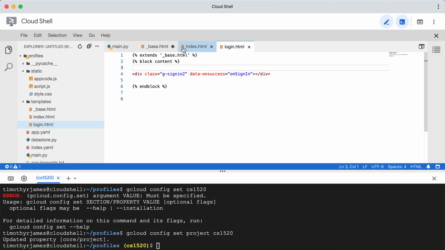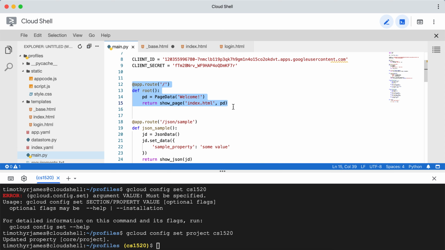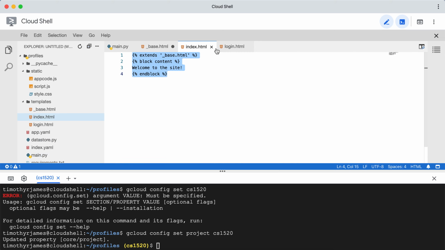So now we have this login page, and in order for us to actually see it, let's go into our main and we'll route something new here. So again, we can just copy and paste to start things off easily, and we'll paste this here and we'll call this login, and we'll send this one to login.html. So now we need to change the function name. So now we have a new page. We should be able to test that out just to take a look at it quickly. We should have our